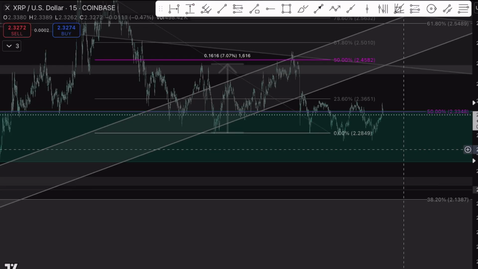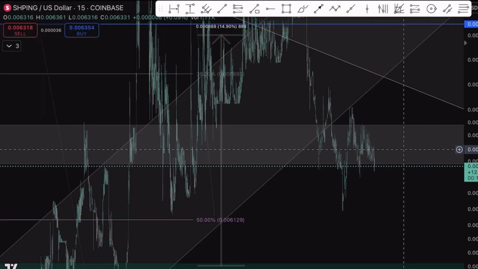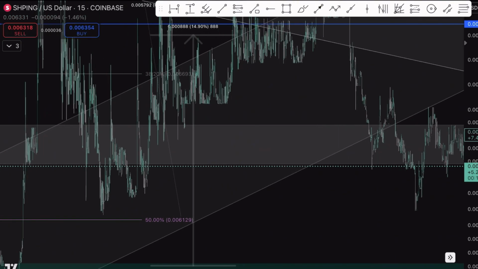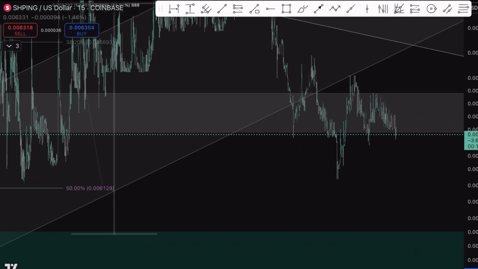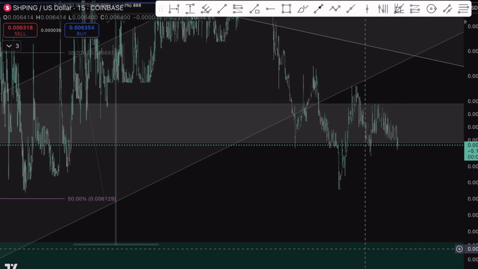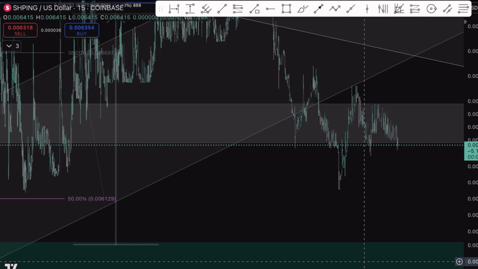And the last time I was talking about shipping, this was a trade that I took from the previous week chart. So it is coming out. It needs to come down to here for me to be even interested